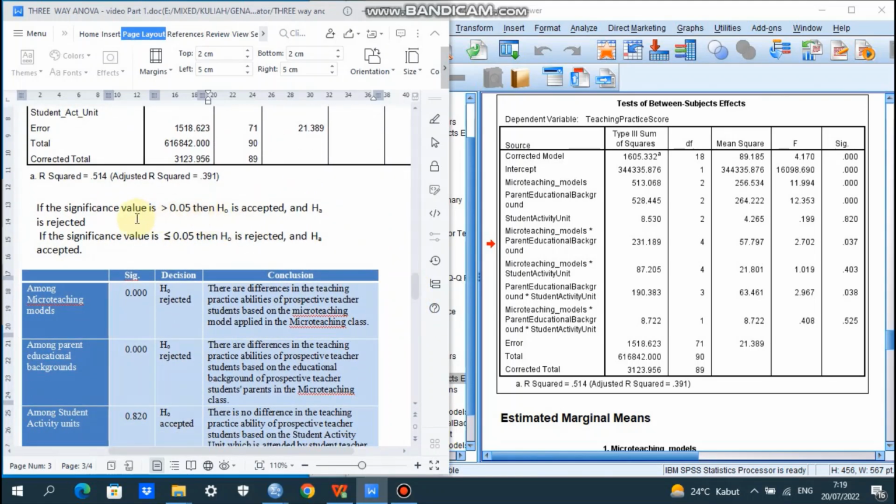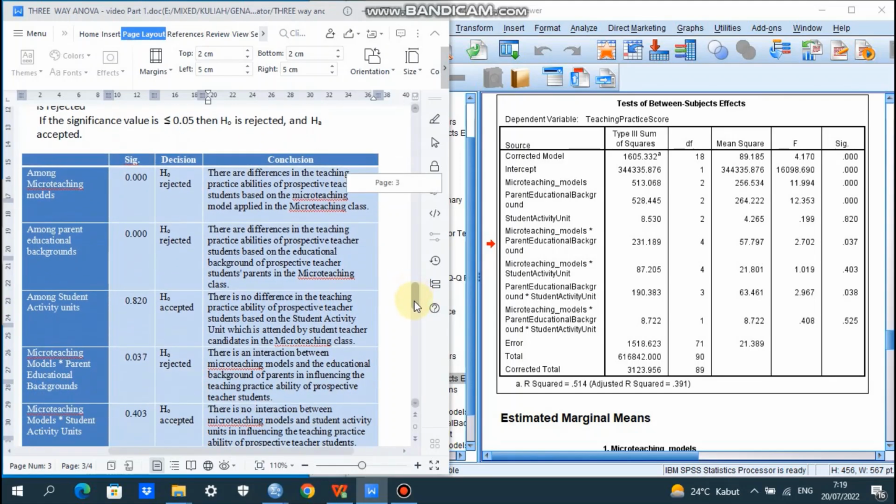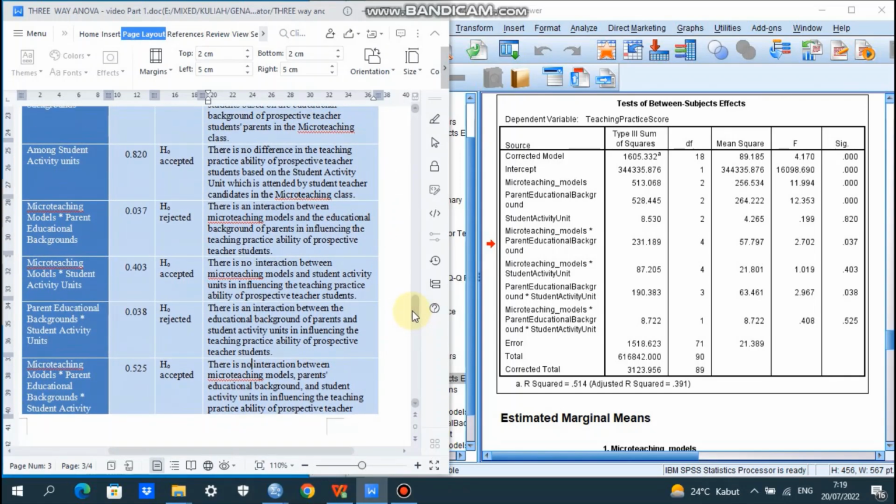Sorry, 0.038 is less than 0.05. So H0 is rejected and HA is accepted. There is an interaction between the educational background of parents and student activity units in influencing the teaching practice ability of prospective teacher students.